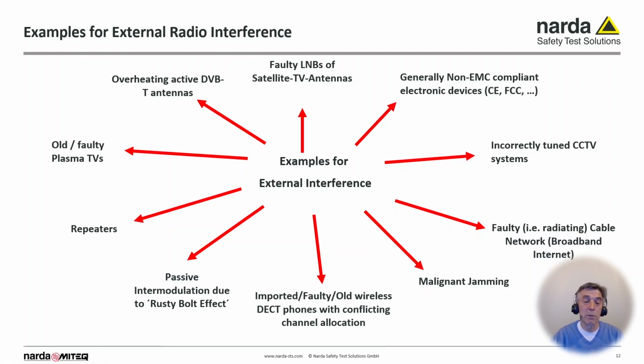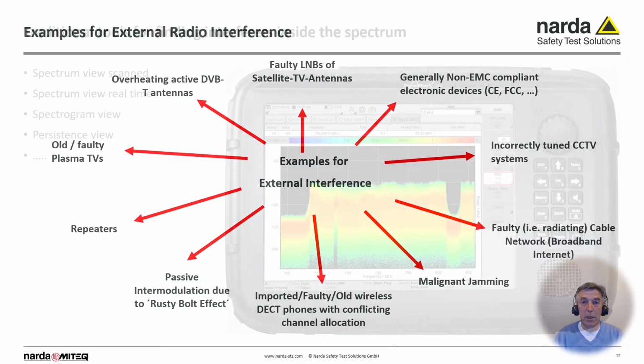You have already some information by the frequency, so which service is disturbed. Is it, for example, FM radio which is disturbed? Then you know the frequency range, and by the listener of FM radio who has reported this major effect, you have already a little bit of the location where it happened. So